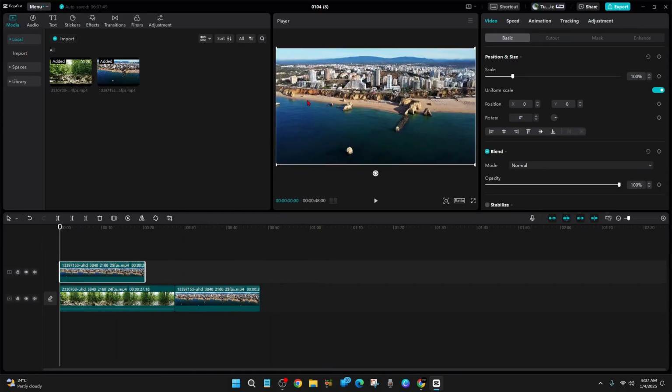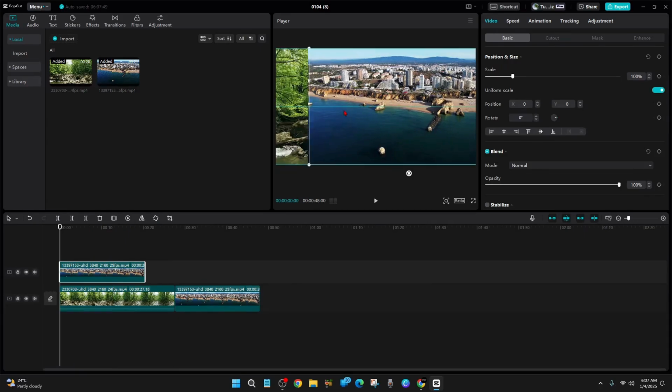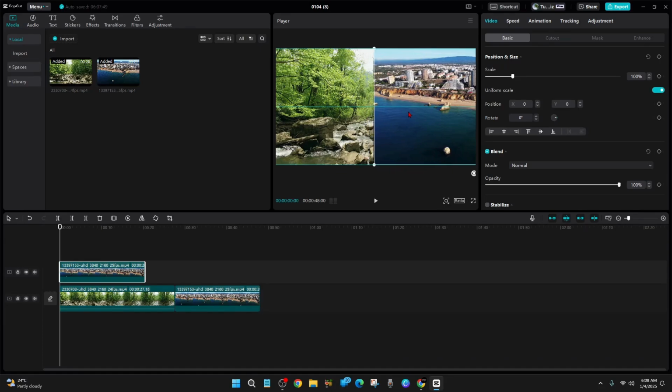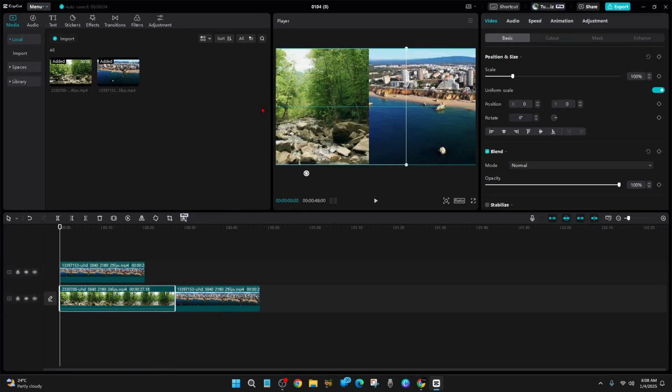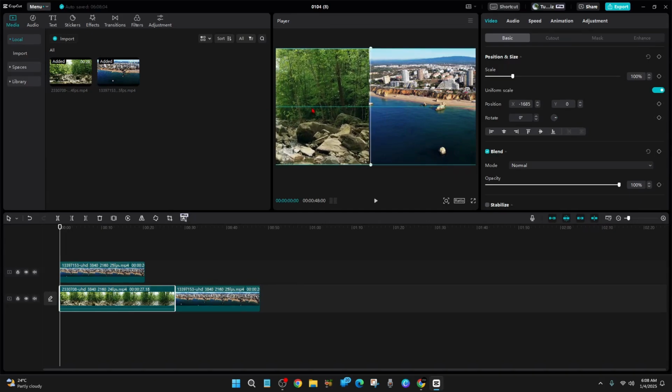Now what we can do, if we want to just split screen as in half, so left and right, I'm going to click on the first video. Now I'm going to drag this to the right like so, and position it around the middle. And now likewise, click on the bottom video, and then depending what part of the video you want to be shown. So if I want to split screen at the right, now if I press play,